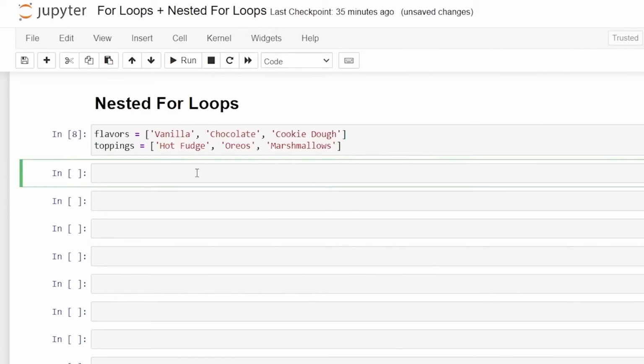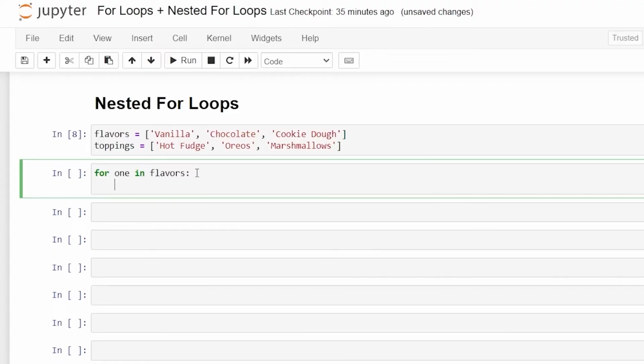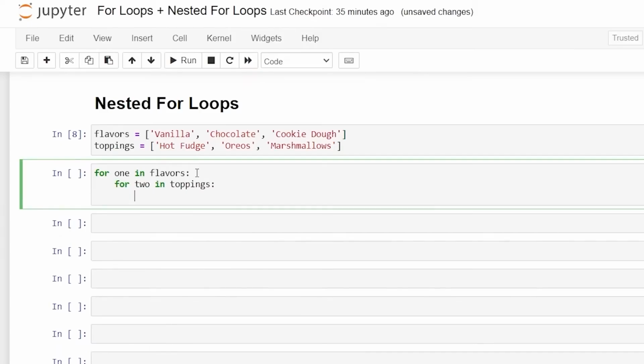So now let's write our first for loop. We're going to say for one, as in our number one for loop, in flavors, and we'll do a colon. We'll click Enter. Now we can write our second for loop. So we're going to say for two in toppings, and then we'll do a colon and Enter. And then we're going to say print, and we'll do an open parentheses, and then we're going to say one. So we're printing the one in flavors, and then we're going to say one, comma, topped